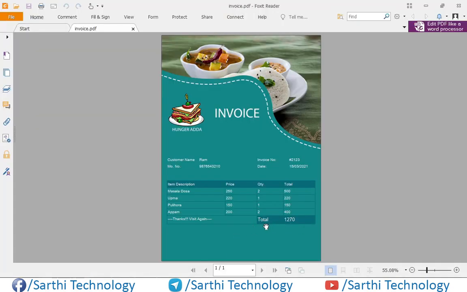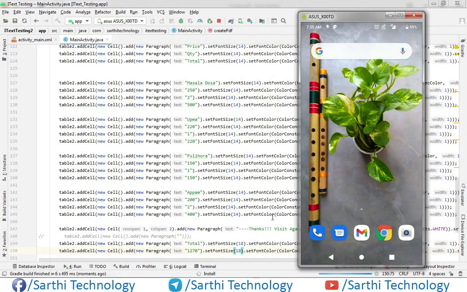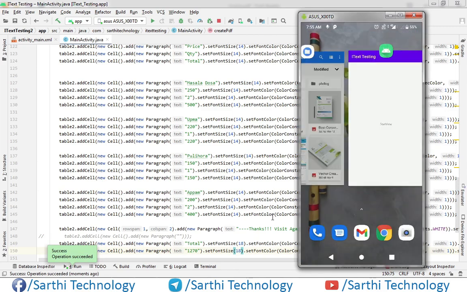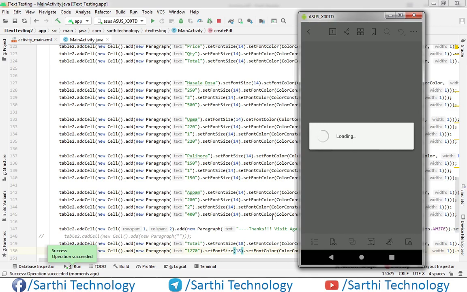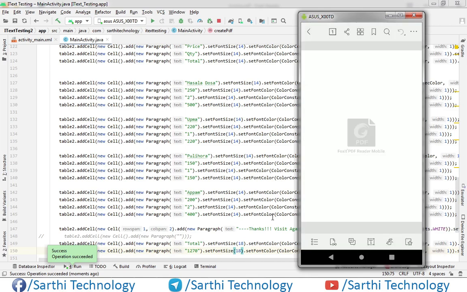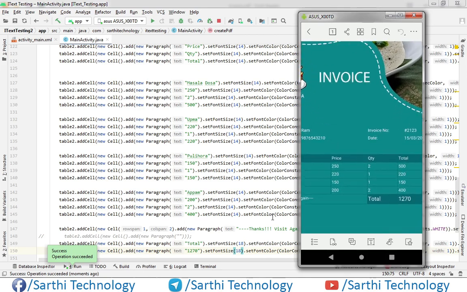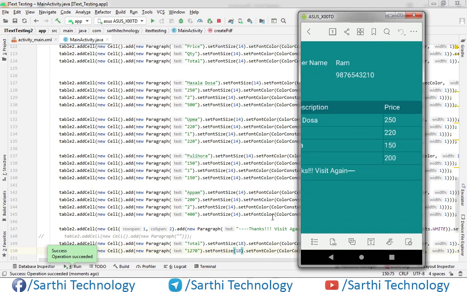Now let's run this. Now PDF created and this is the PDF.